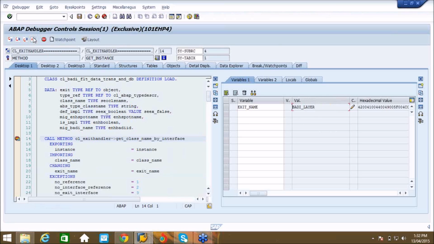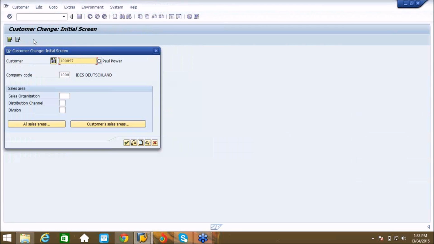Similarly, by clicking on F8 every time, you can see all the different BAdI definitions available and implement them. So that's how the CL_EXIT_HANDLER class plays an important role in finding the BAdI definitions of a particular transaction.